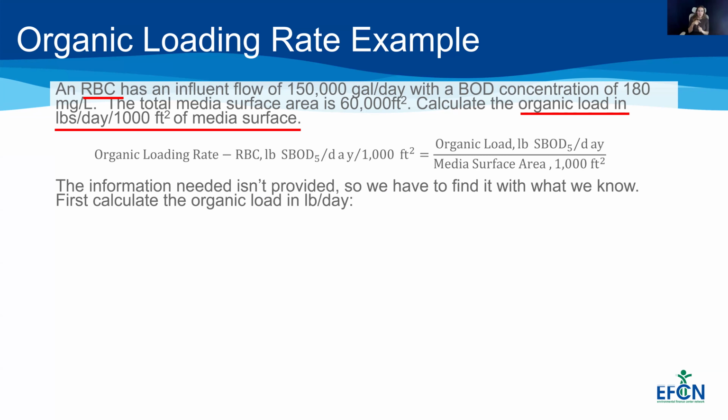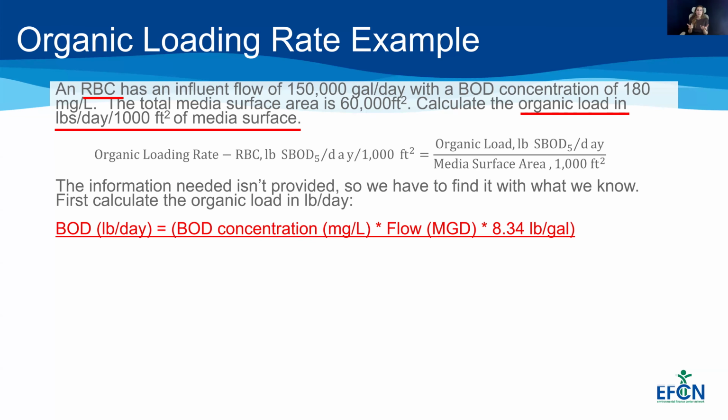Now we have our flow, but the information needed isn't quite provided in the way that it should be. We know our flow, but we also need to calculate our organic loading. So we don't actually have any of the information that we need right off the top, except for the surface area of the RBC. Since that loading isn't provided, we have to calculate it. The first thing we need to do is figure out what the flow actually is. Now the flow is given in gallons per day. If you guys remember, this is not quite how it's represented in the equation. So this is a good time to double check something as well.